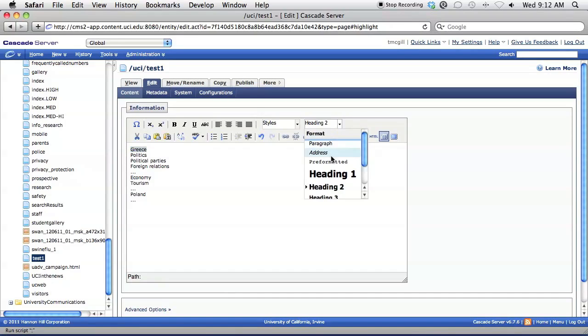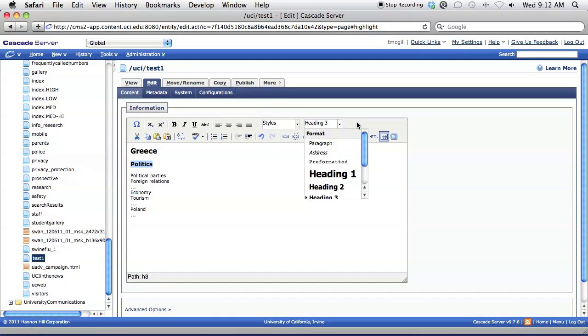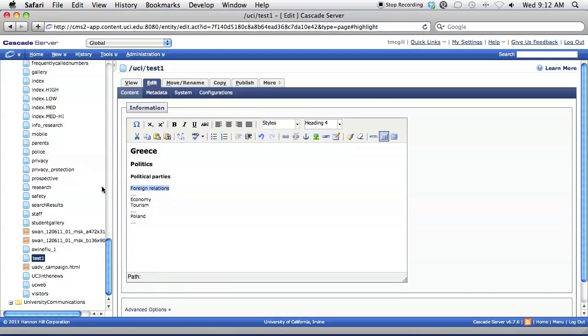So make sure Greece is H2, politics is H3. This is where I'm selecting the heading settings from right here, this little drop-down menu. Alright, political parties, H4, formulations, H4, these ellipses,